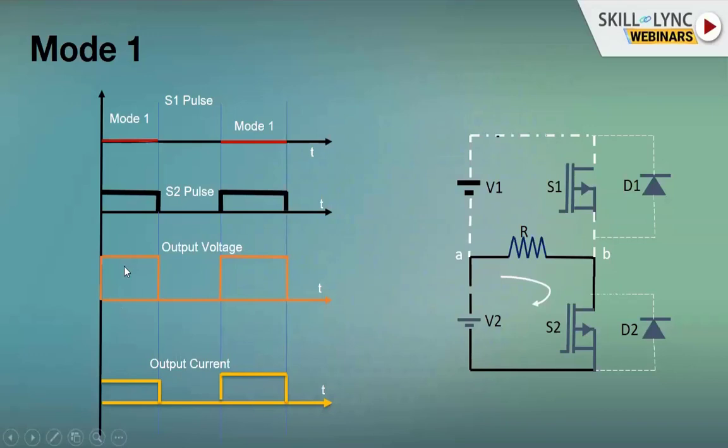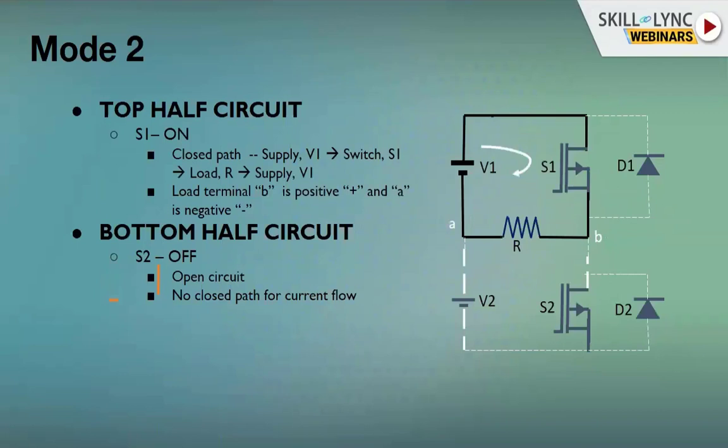This is the total voltage V, which is nothing but V2. The total amplitude of this particular voltage would be V, which is equal to V2. So this would be V divided by R, which is nothing but the current through the circuit. Now we have seen the first part of the circuit where we have obtained the positive waveforms. Okay, and anything should be continued with respect to time.